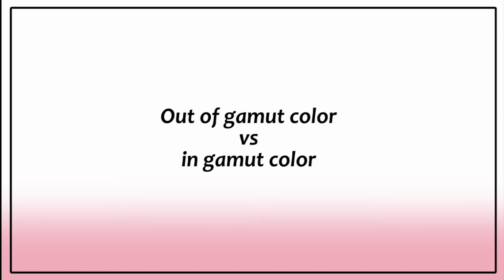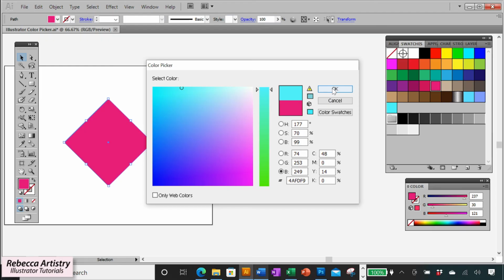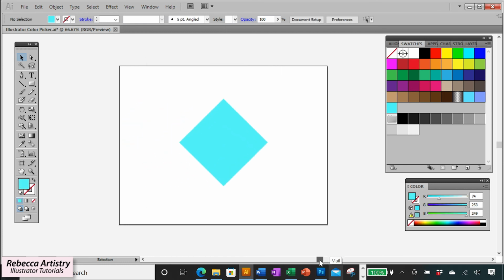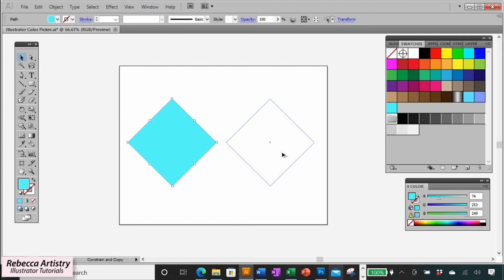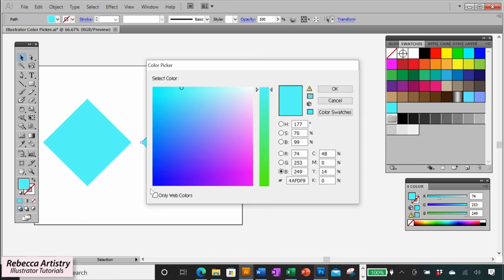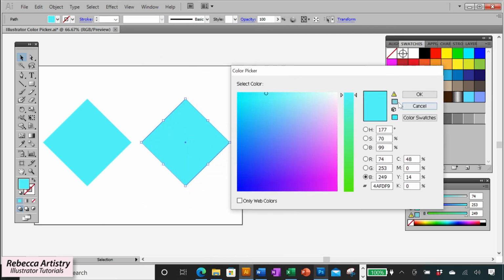So first, let's make our shape into the color that we want to use. So we have this bright aqua diamond here, and I'm just gonna copy that over because I wanna show you the difference between the out-of-gamut color and the in-gamut color. So let's get our color picker out again, and we're coming back to this color. And now I'm gonna click on Illustrator's suggestion for an in-gamut color.